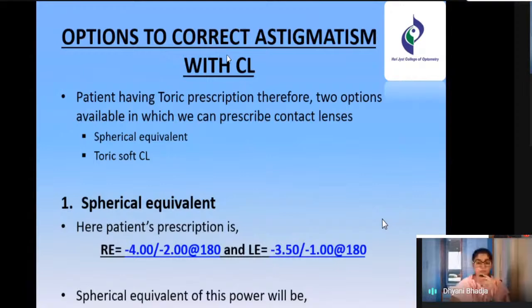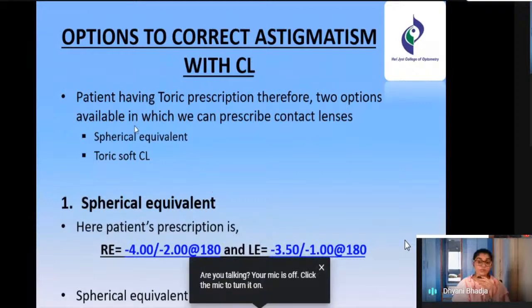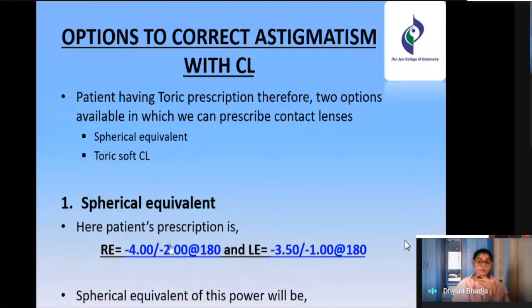Options to correct astigmatism with contact lens. Here the patient has a toric prescription. Therefore, we have two options with the help of which we can correct her astigmatism with contact lens: spherical equivalent, and the second one is toric soft contact lens. First, spherical equivalent. Our patient's prescription is: right eye minus 4 with minus 2 at 180 and left eye minus 3.5 with minus 1 at 180. The spherical equivalent of this power will be